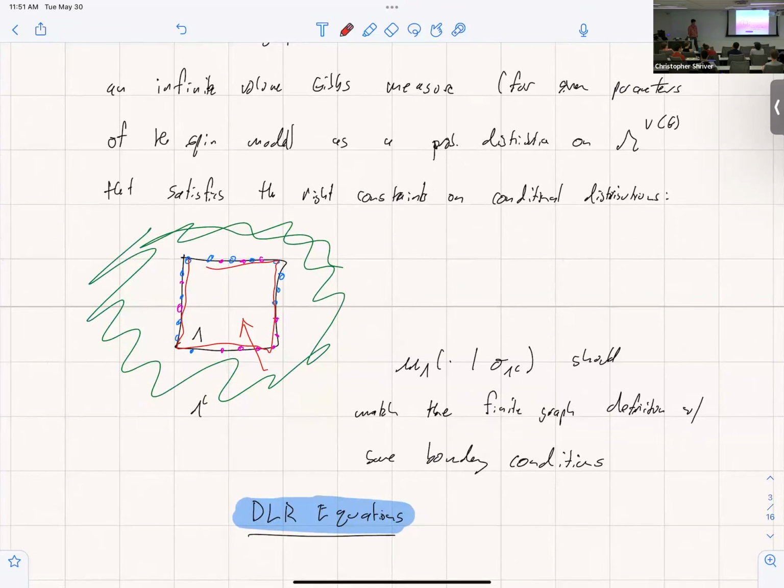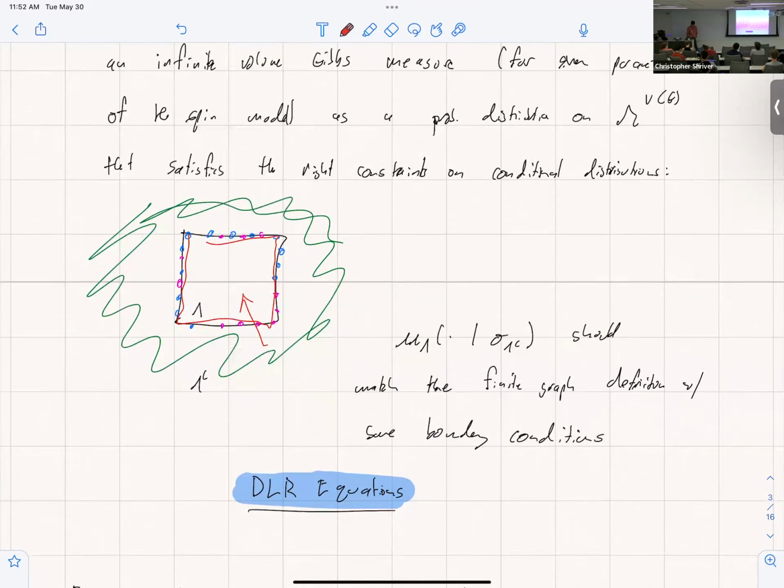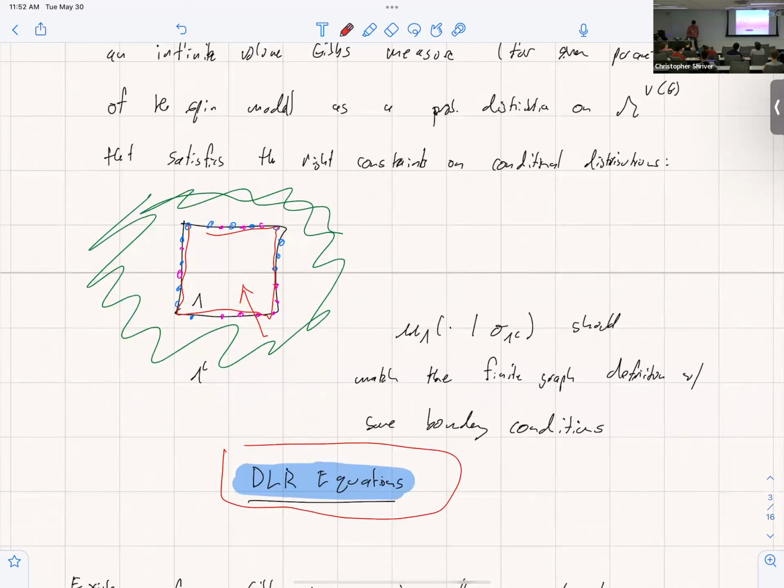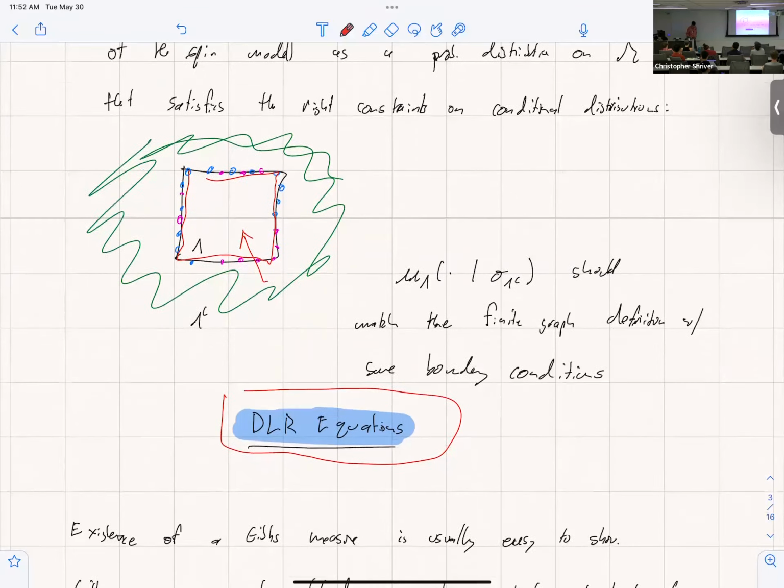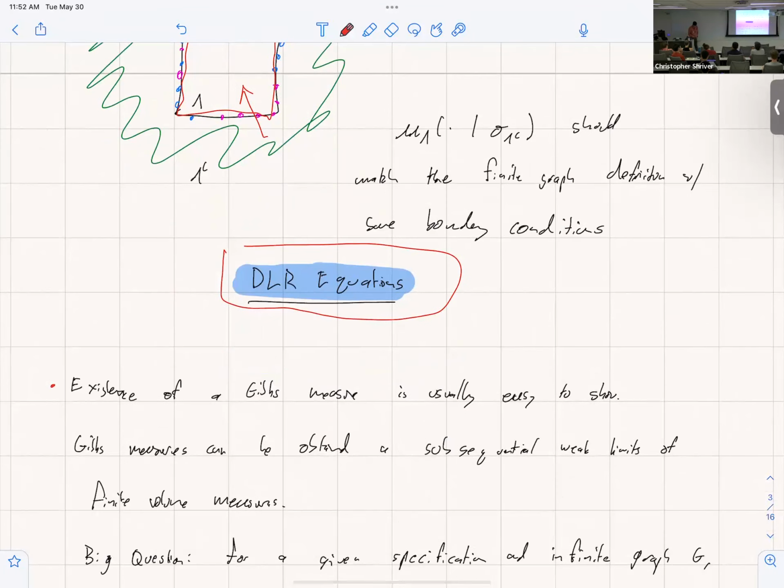And of course, that's a bunch of equations, right? For every configuration, for every box, these conditional probability distributions have to satisfy this condition, and this is called the DLR equations, Dobrushin, Lanford, Ruelle. And so this is one way to say how you can construct or define an infinite volume spin model. And one thing that's nice is that in a lot of generality, such a Gibbs measure always exists